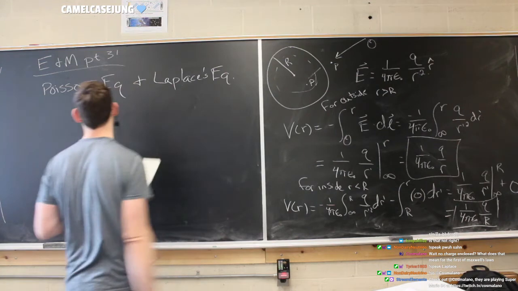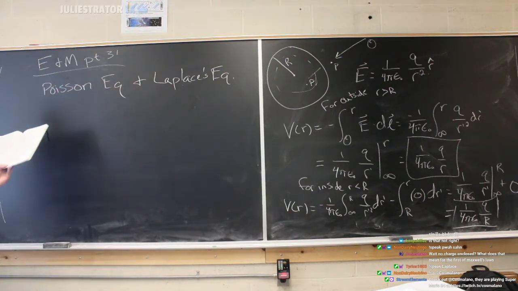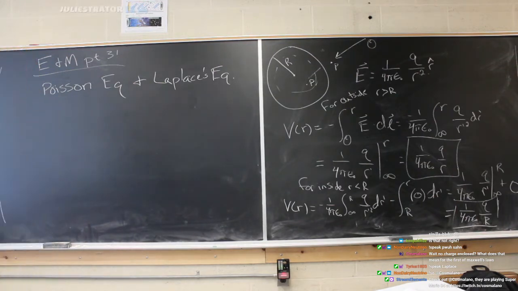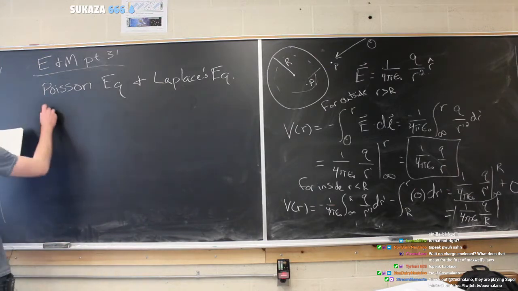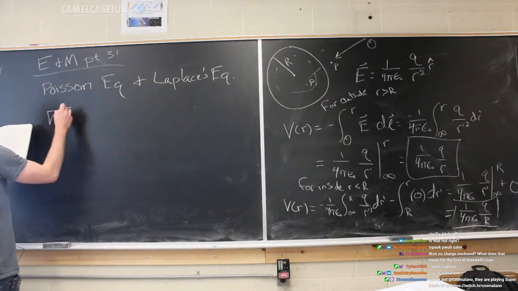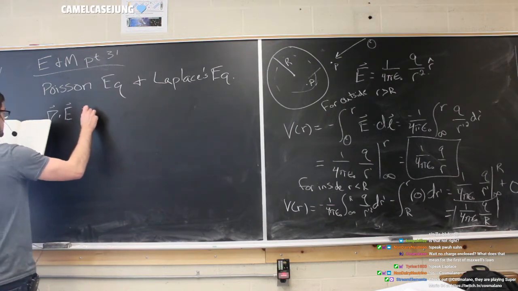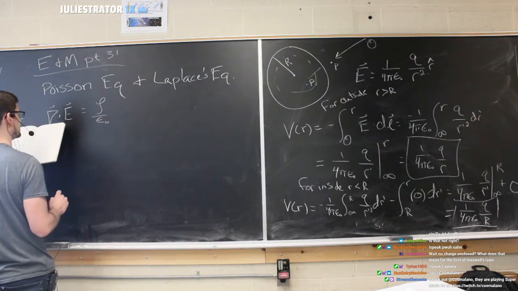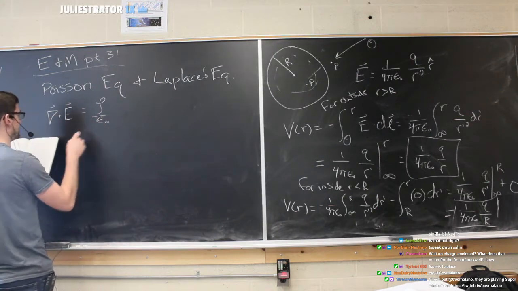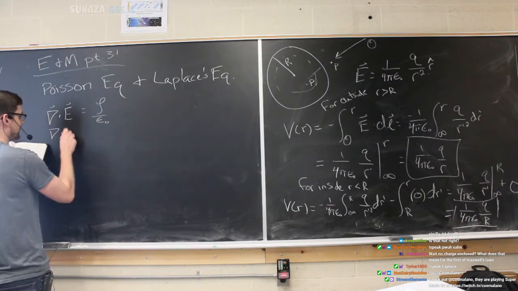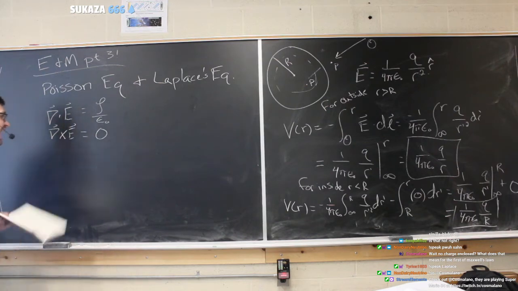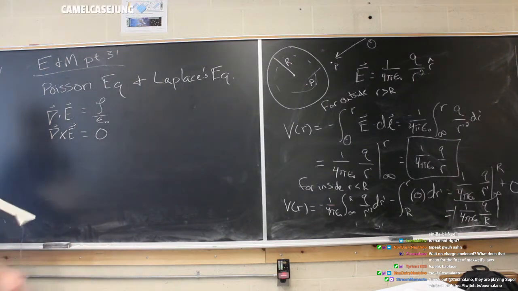Okay. Poisson's equation and Laplace's equation. Let's say, can we consider the divergence and the curl of the potential? We know the divergence and the curl of the electric field, right? We did that. This is Maxwell's first equation, with the volume charge density divided by epsilon naught. And then we also have the curl of the electric field, which is Maxwell's second law for electrostatics, where it was equal to 0. And what does this mean for potential?